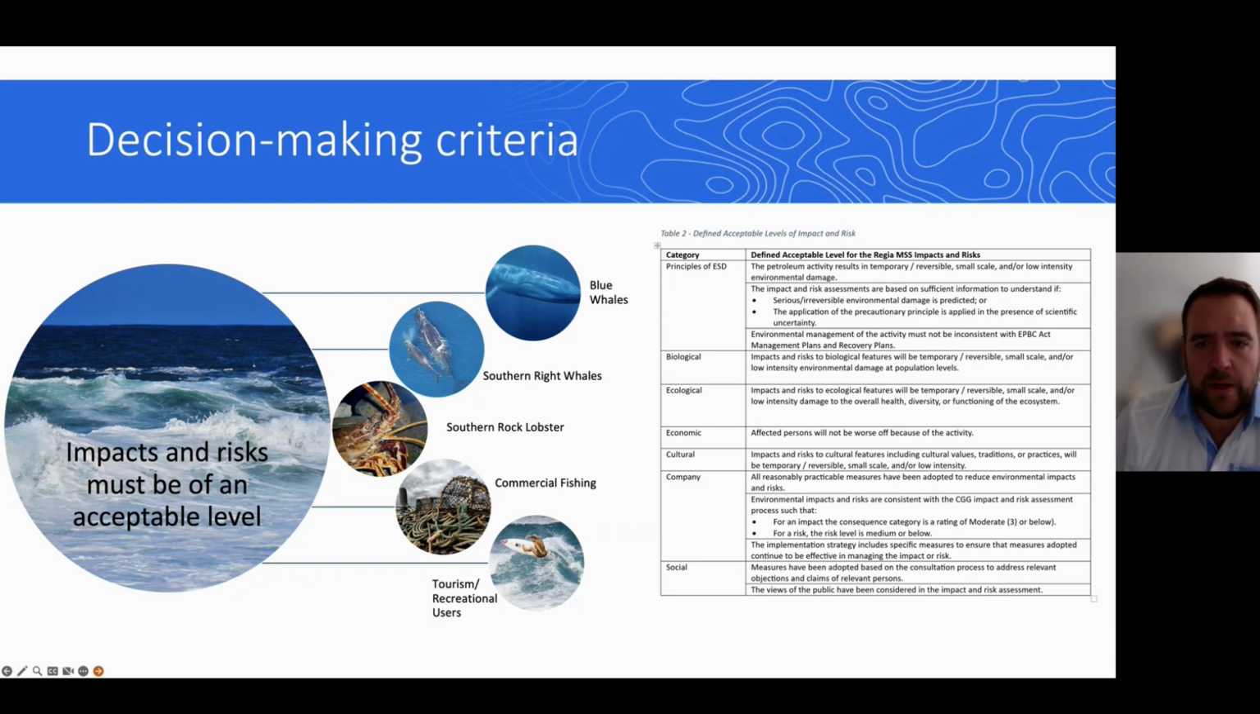These are all available in our decision-making criteria document that's published again on the Consultation Hub. The main principle here is that we need to demonstrate that all of the impacts and risks that we have identified from the Regia seismic survey must be of an acceptable level. And the preliminary impact assessment has identified a number of different receptors that we have to take particular care and caution with. And so those are blue whales, southern right whales, we've got southern rock lobster and the